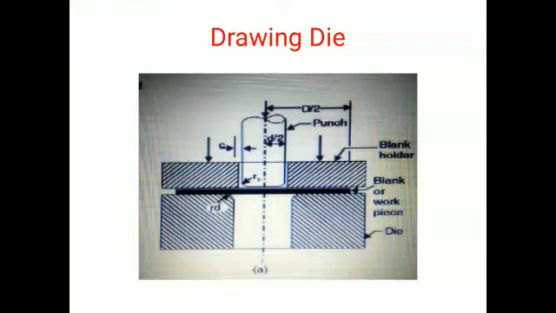So most important parameters we have to design here are radius of punch or diameter of punch, diameter of die, clearance. Clearance is also shown in the sketch. Clearance is the difference between the dimensions of punch and die. So here in the sketch we can see blank holder, blank, die and punch, and the force exerted to keep that blank in position. I hope most of the terms from this sketch are clear to you.